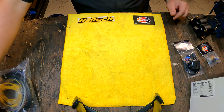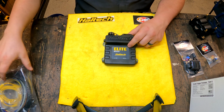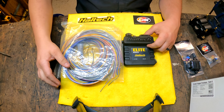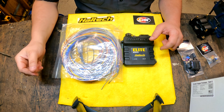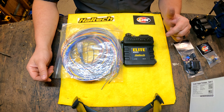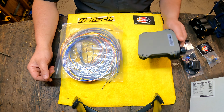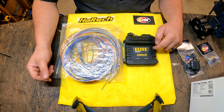All right, next big thing, going right for it. Haltech Elite 550 and the universal wiring harness that goes along with it. So this is a little intimidating to me, but built-in map sensor, totally programmable. You can run the IC7 dash if you want. Completely ruggedized. I can put this in the engine compartment if I need to, but this is the brains of